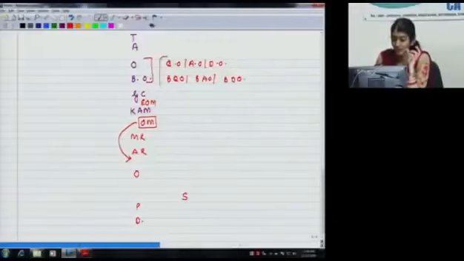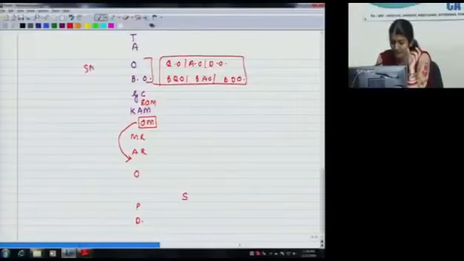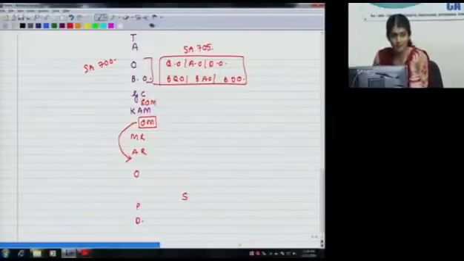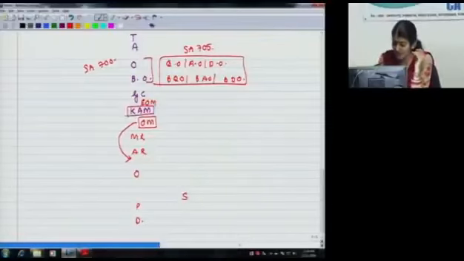So this is in case of an unmodified opinion, and this is in case of a modified opinion. SA 705, modifications to the opinion. So is the content of this key audit matters coming from SA 701, emphasis of matter paragraph, SA